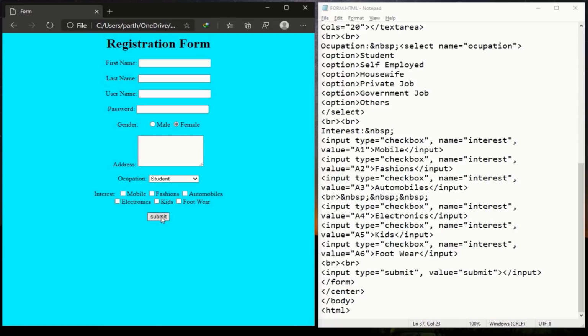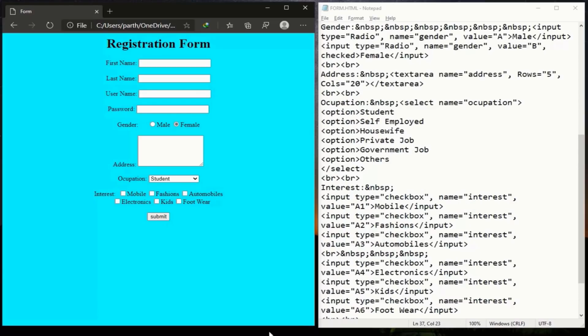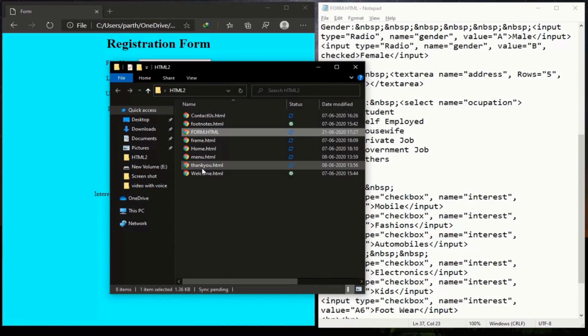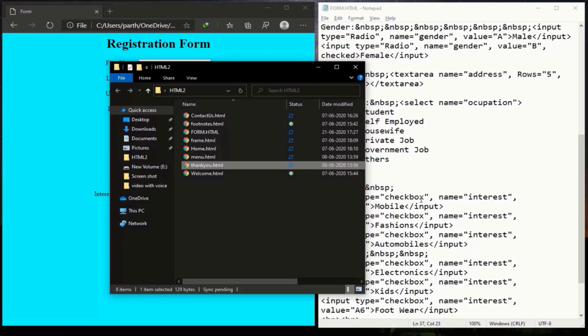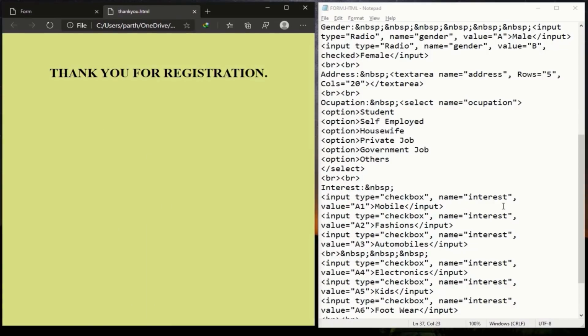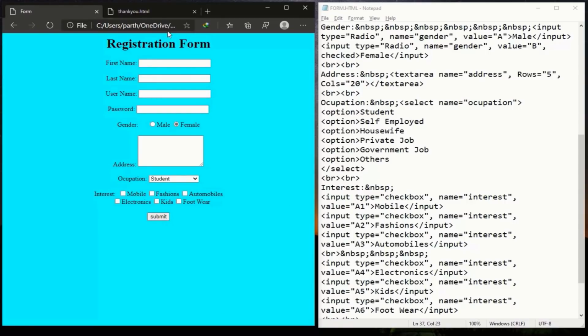Now if you want to put an action about redirecting to another page on the button click, how would you do that? But before that, this does not indicate that we store the data or validate the data. To do this, first create an HTML page where you want to redirect after the button click. Here I have already created one named thankyou.html. If you click on the submit button, this page will open.